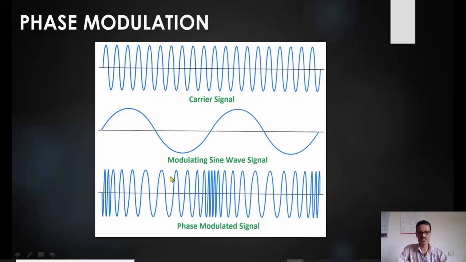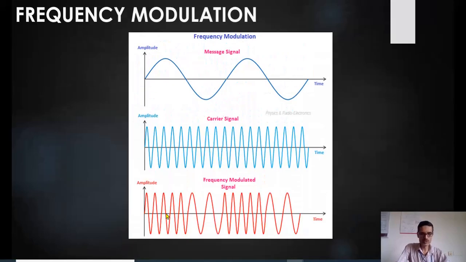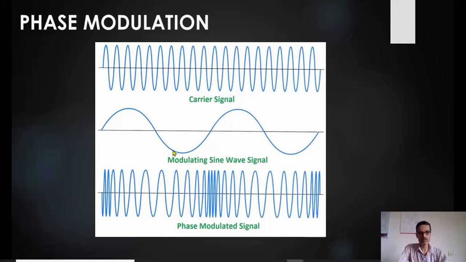Now the phase modulation, which is rarely used in communication. It is either AM or, nowadays more commonly for analog modulation, frequency modulation. Just look at this, what is the difference? I have an analog message signal here, this is the carrier, and this is the phase modulated signal. In this case, as the phase changes, indirectly the frequency also changes. As the frequency changes, just look at this waveform.